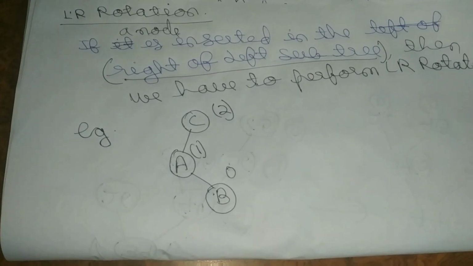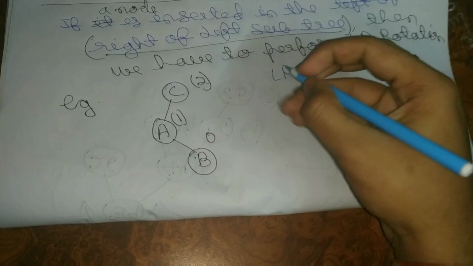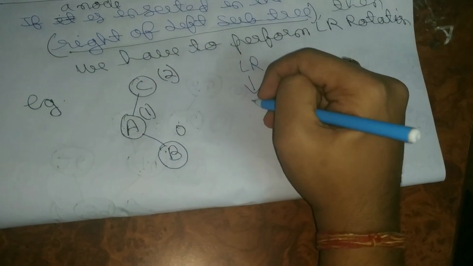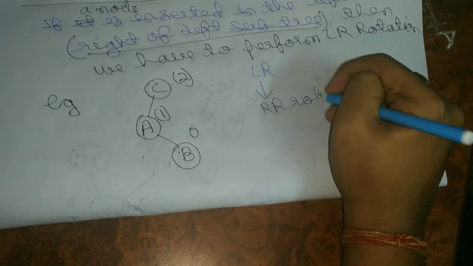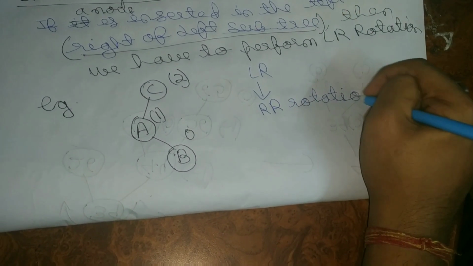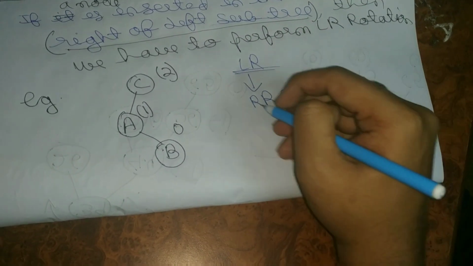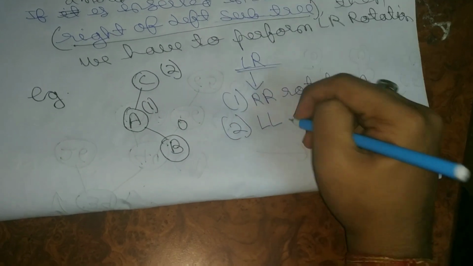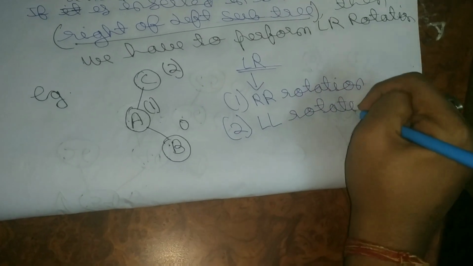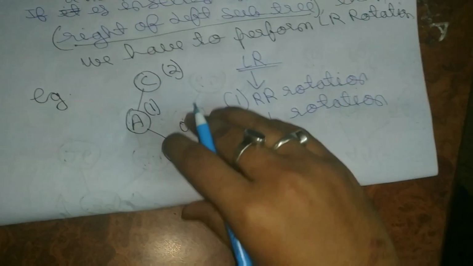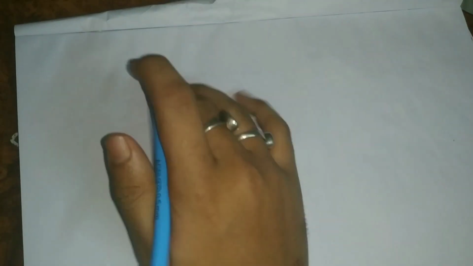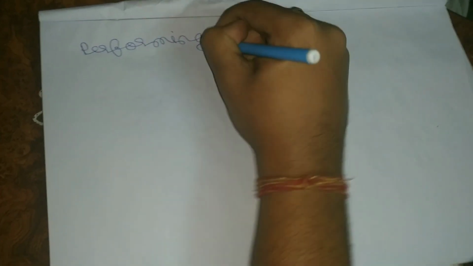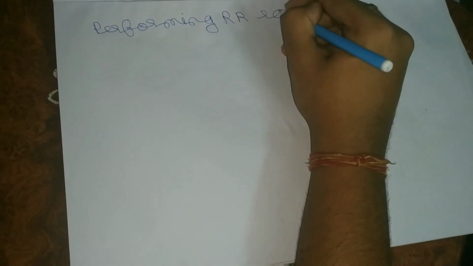So in LR, always remember that we have to first perform RR rotation. There are 2 rotations in LR and RL. So in LR rotation we have to perform this RR rotation, and next we have to perform LL rotation. Okay, so after the first, so see, performing RR rotation,